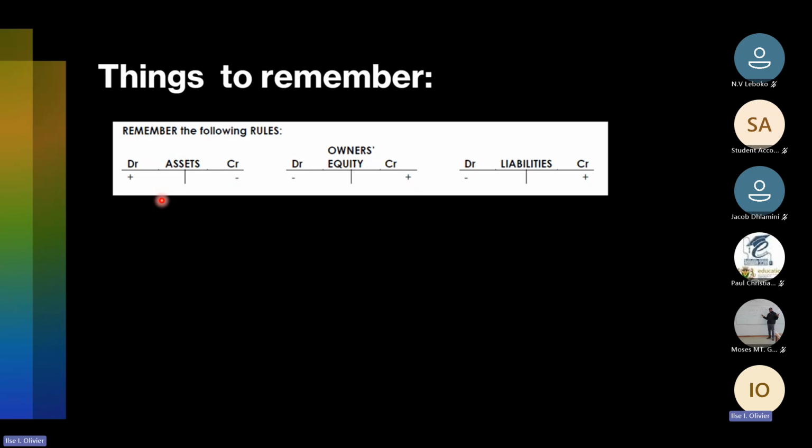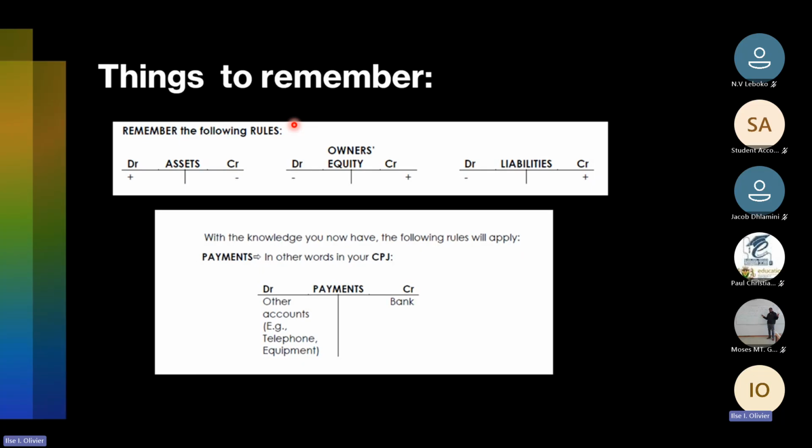Right, you can also remember the rules according to your General Ledger: your assets always increase on the debit side and decrease on the credit side. Your owner's equity increases on the credit side and decreases on the debit side, and your liabilities increase on the credit side and decrease on the debit side. Remember as well that your owner's equity consists out of what increases it? Capital and incomes will increase it, while expenses and drawings will decrease your owner's equity.